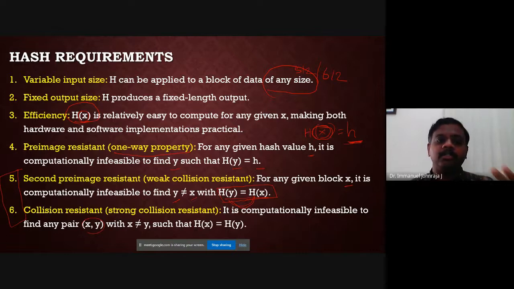Okay, these two messages should never give the same hash. This should not happen. So these are the important hash requirements. Of course, our digital signature or our authentication all depends on these three points, whereas the other three are the desirable characteristics for implementation purposes.